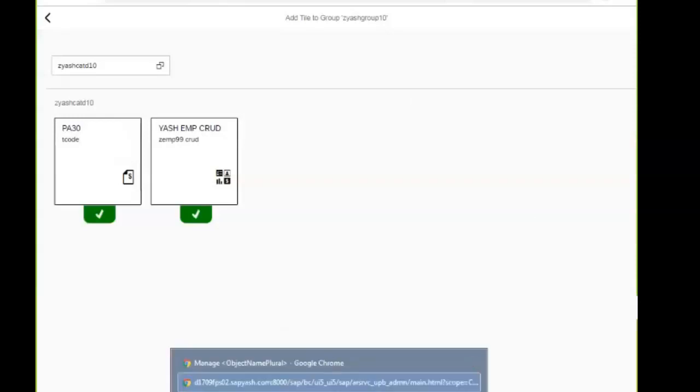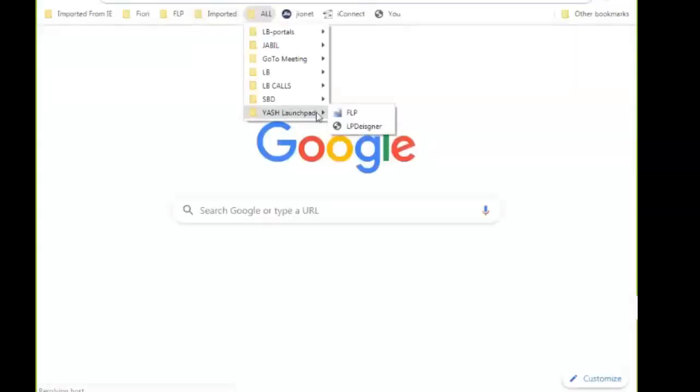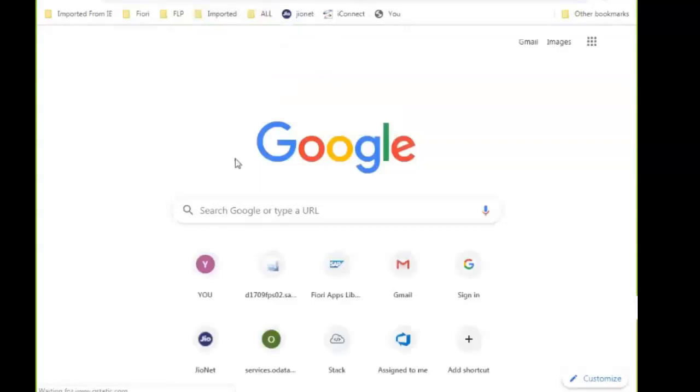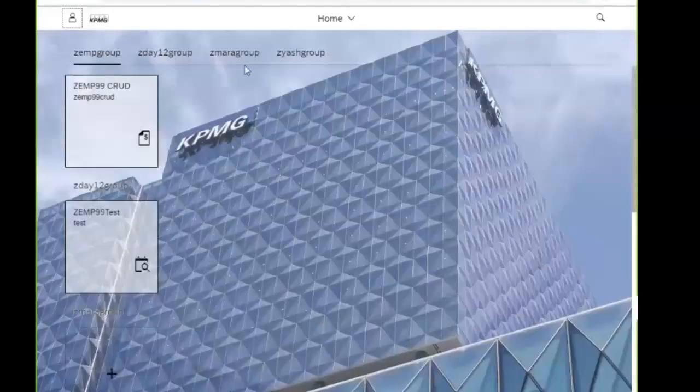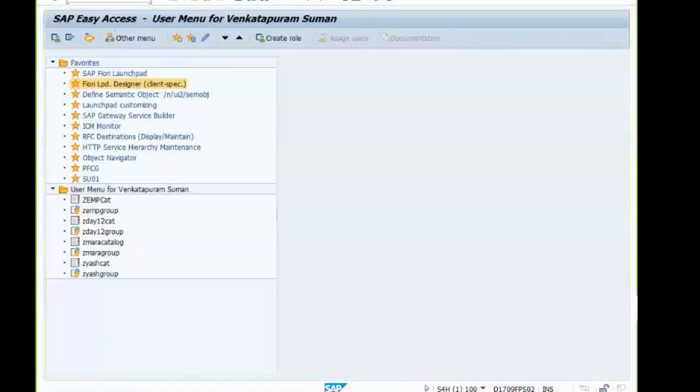So I'll just open the Fiori launchpad. Last step. After I perform the 7th step, I'll again refresh this to show that all these apps go into the Fiori launchpad. Okay, so let us go to the last step, PFCG. This is purely a security role.